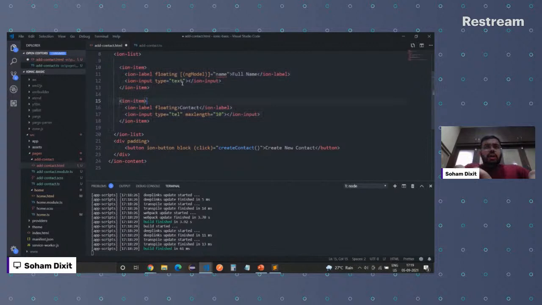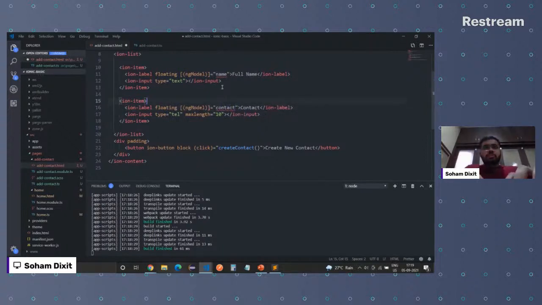Similarly in Ionic, we have different tags: ng model, ng for, ng options. There are these different ng tags which you can check out later on as well. So let me bind this input to this name variable, and let me bind this contact input to the contact variable.